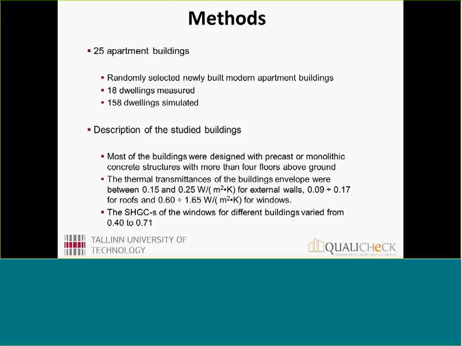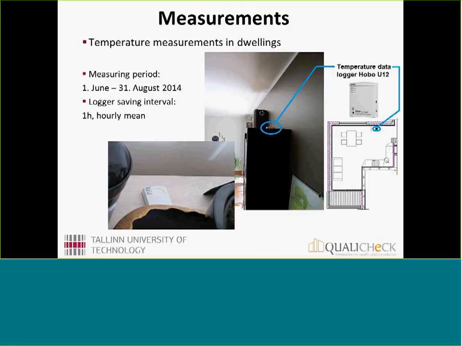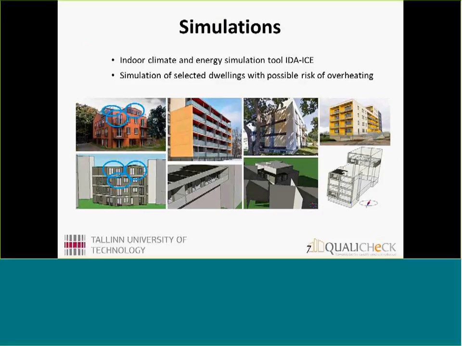So in this study we had 25 new modern apartment buildings involved. They were basically randomly selected, and we did a lot of simulations. Close to 160 dwellings were simulated, and also there were some measurements to see the real measured temperatures. These are some photos of the temperature measurements with very simple loggers, and there are some examples of these buildings you can see, and